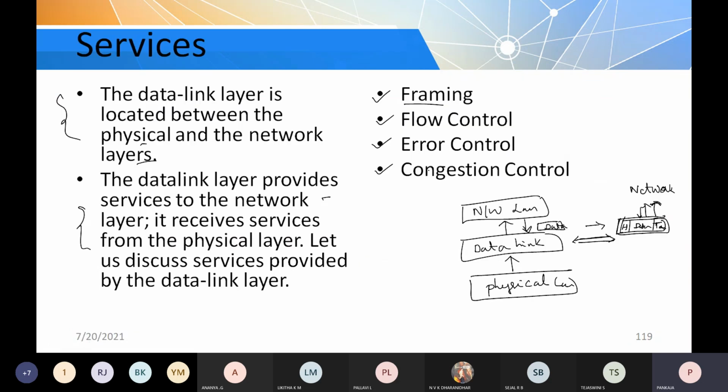More important, I have repeated many times the services of the data link layer. From the OSI model we have also discussed the functionality of each layer. Just know at least 3 to 4 functionalities provided by the OSI layers or the TCP/IP model. In this subject they have given great importance to the TCP/IP model, because it is used in real time. The OSI model is just a reference model, from which the TCP/IP model is designed.